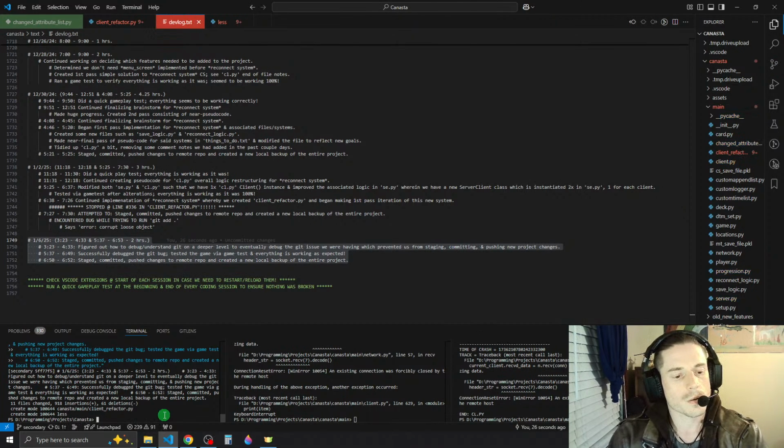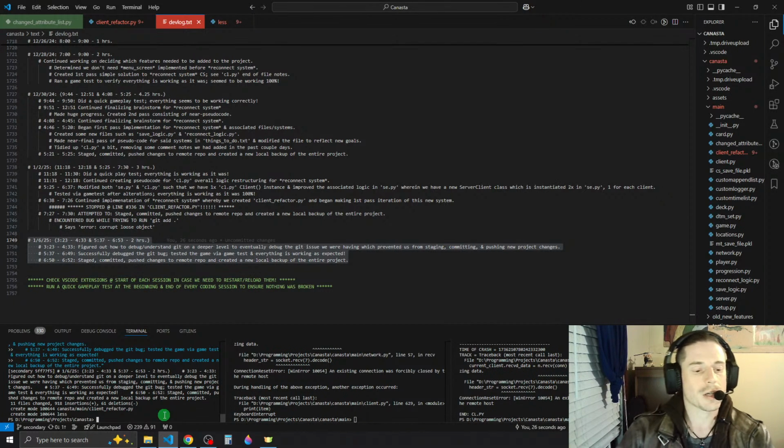So we committed this with 11 files changed, and it says 918 insertions. This is because we're committing the new client refactor file and also the less file.